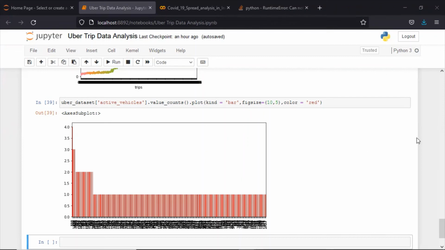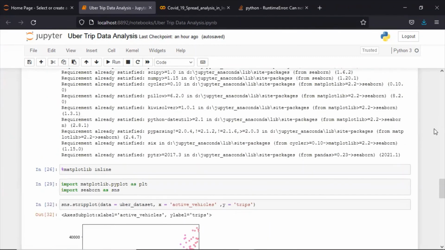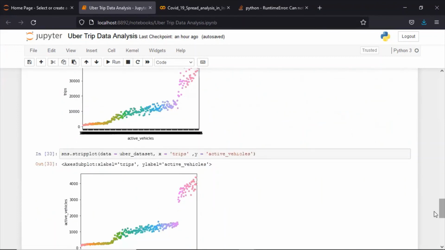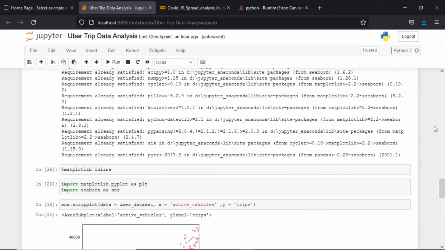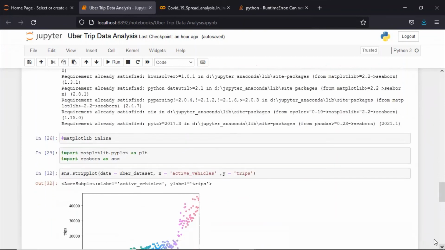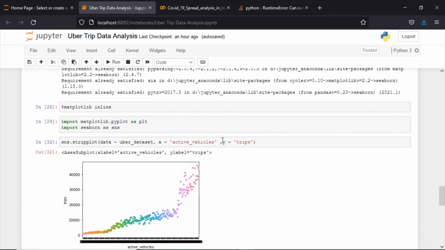So I hope it is clear to you how we can do the data analysis on the Uber dataset, how we can do data visualization, how we can understand the number of rows and columns in the data, and how we can see the variation or relation between two columns. As I've shown you, the relation between x-axis and y-axis with the help of the strip plot.